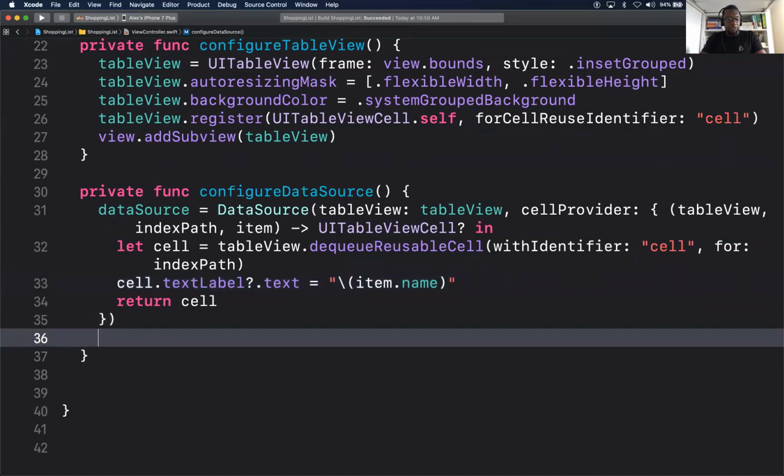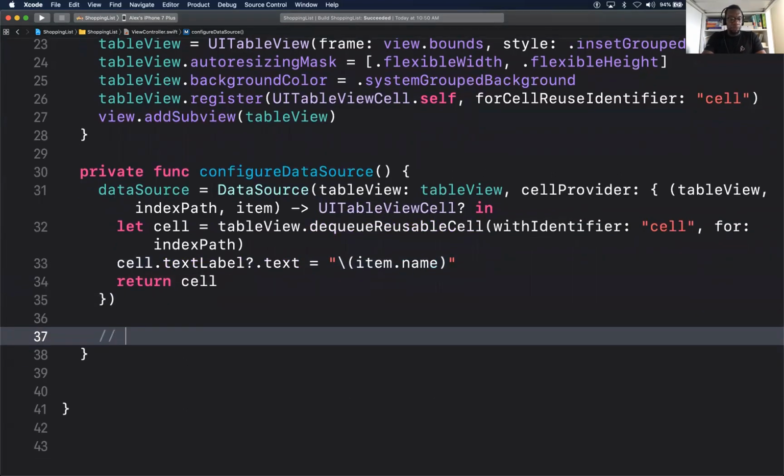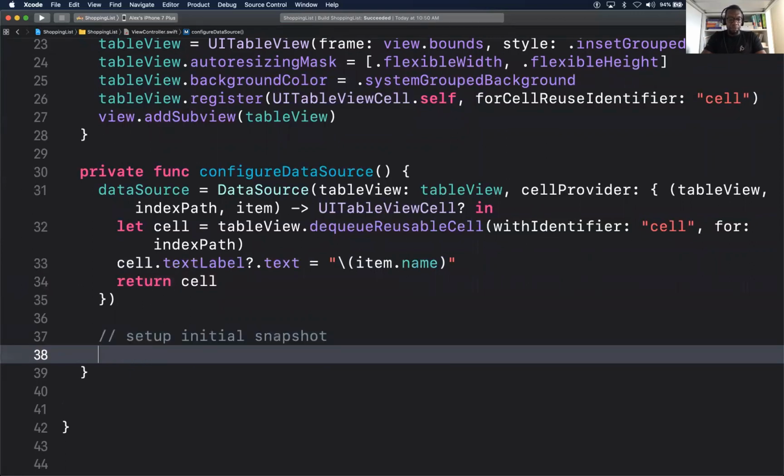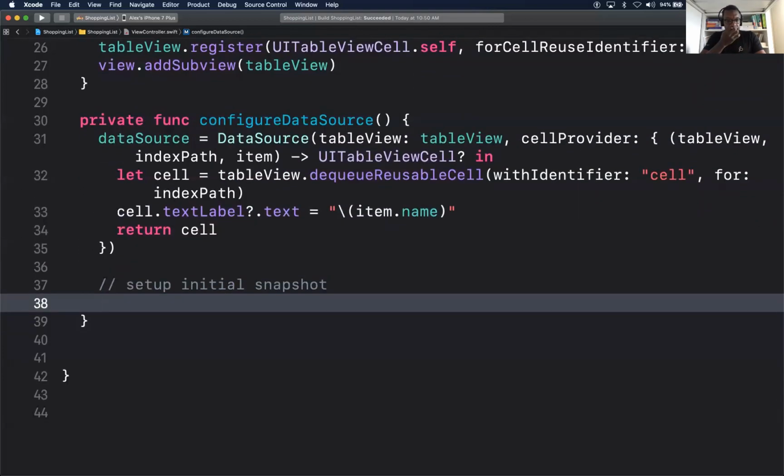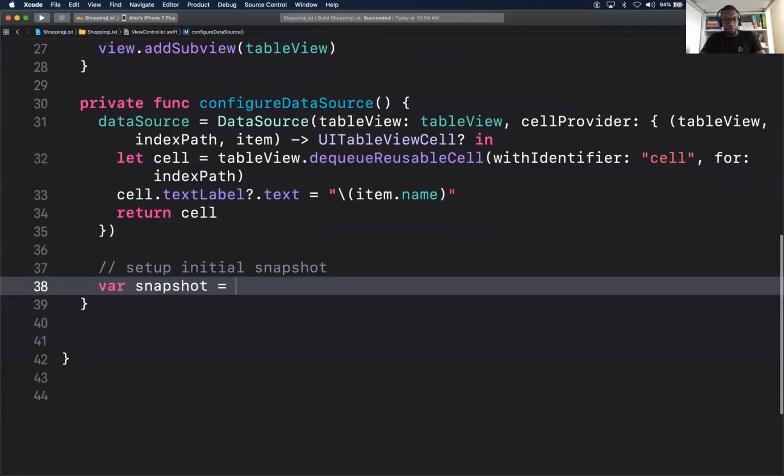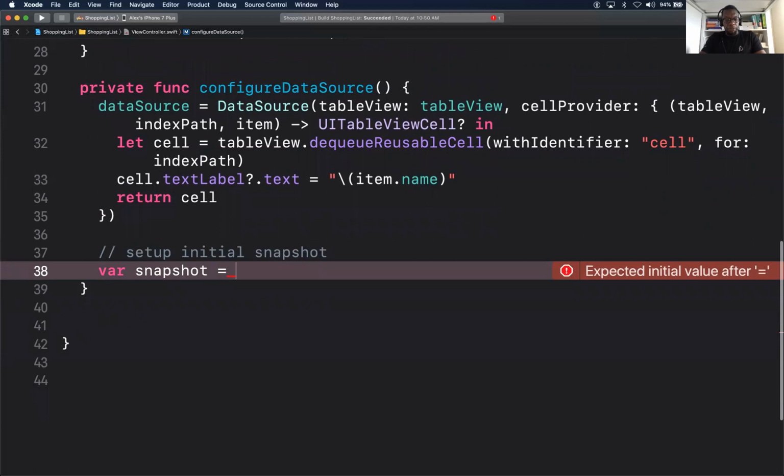Now we'll go to the snapshot. So set up initial snapshot. Here we'll declare a snapshot variable. What's the class I'm typing in here?